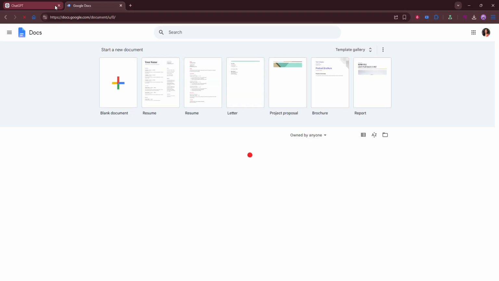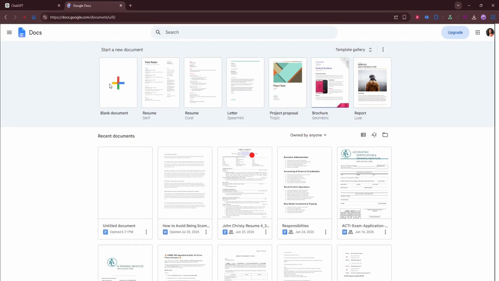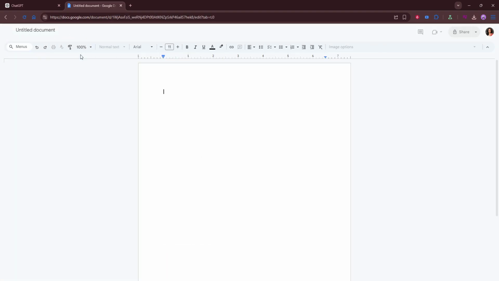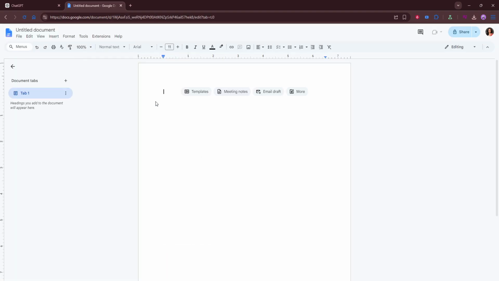a polished final document. Start by opening Microsoft Word. Once Word is open, create a new blank document or open an existing file if you already have something started. This gives you a place to bring everything together as you work. Word is where you'll review, format, and finalize your content, so it helps to have that window ready from the